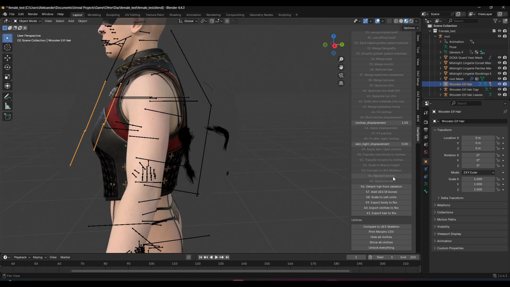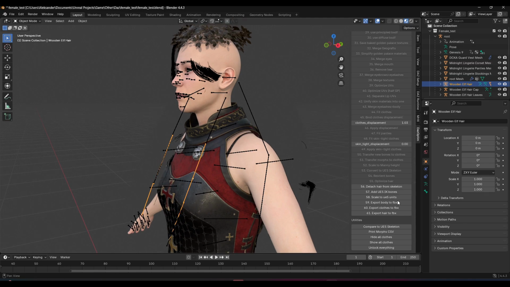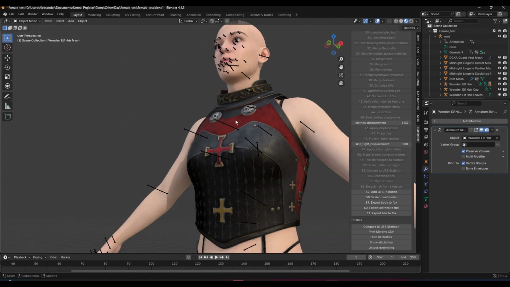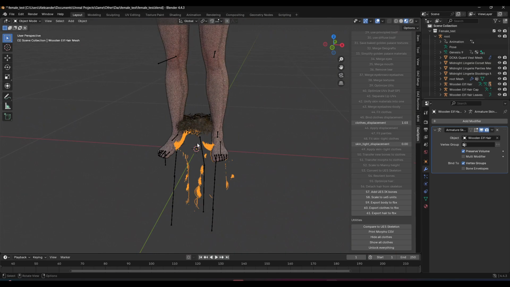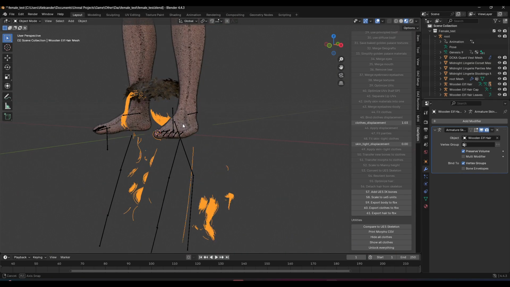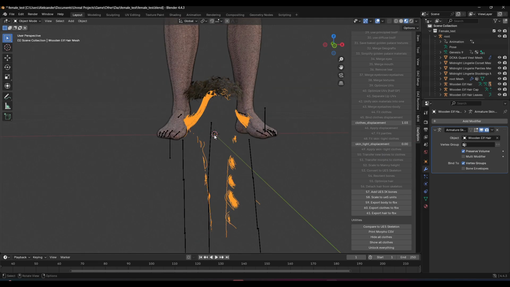And lastly, you can now decide to detach the hair from the skeleton. It's optional, but if you detach the hair from the skeleton, then it will remove the spine and neck bones, and it will only retain the bones that are specific to the hair itself. And also it will position the hair in such a way that